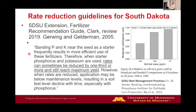However, when rates are reduced, application may be below maintenance levels, resulting in soil test level decline with time, especially with phosphorus. So recognizing that if we're going to reduce these rates, we're probably going to see a decline in soil test values from the higher levels, or if we're at lower or medium levels, it's probably going to stay there. It's not going to build. That's the key point. And over here on the right, this is data from studies in 98 and 99 in